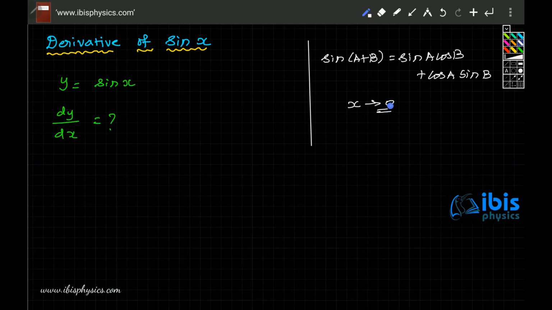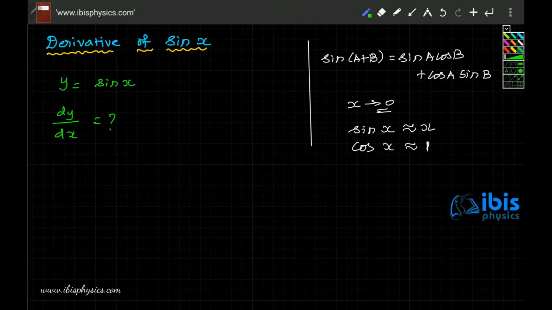it's not 0, it is tending to 0. When x is very small, sine of x is approximately equal to x, and cos of x is approximately equal to 1. The discussion of these two is beyond the scope of this video, which we will discuss in a separate video. But know that if x is small, sin x is x, cos x is 1. Now let us try to solve this.